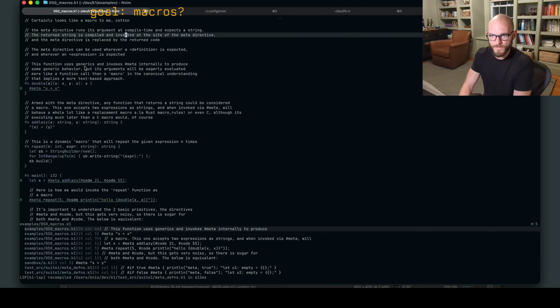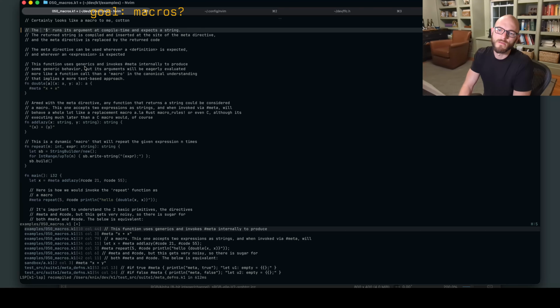Cool. The meta directive, the meta directive, the meta operator, meta command.